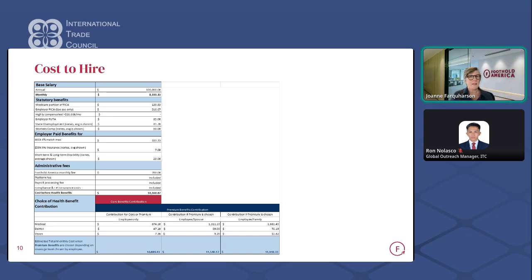It could be 60 or $70,000. And it's also important to know the US has a minimum wage. So I think right now the federal minimum wage, oh my gosh, I think it's $7.25 or 50 cents, something like that. So it's unlikely that you will be paying minimum wage for an hourly employee unless maybe you are having a